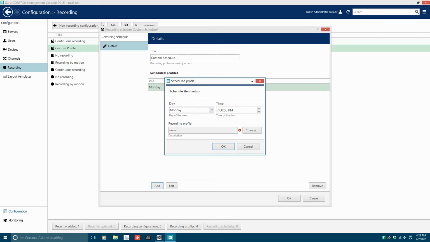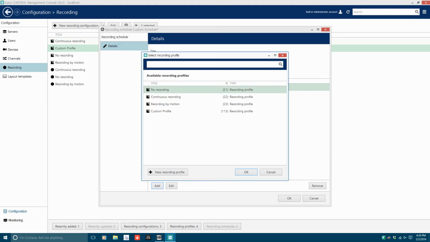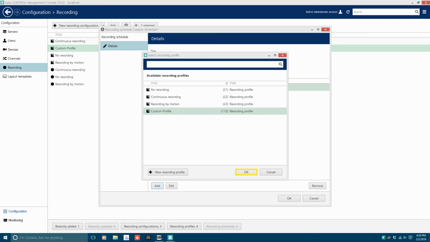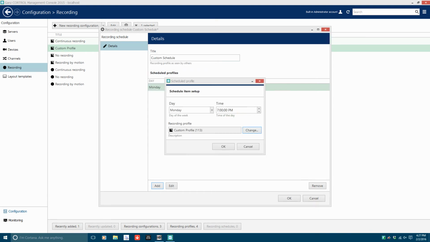From the time option, select the start time for the schedule. I'm okay leaving it at 7 p.m. for this profile. For the recording profile option, click on Change and then select the required recording profile. In this case, I'm selecting the custom profile I created earlier. Click on OK to confirm the recording profile selection, and then click on OK to commit the start time to